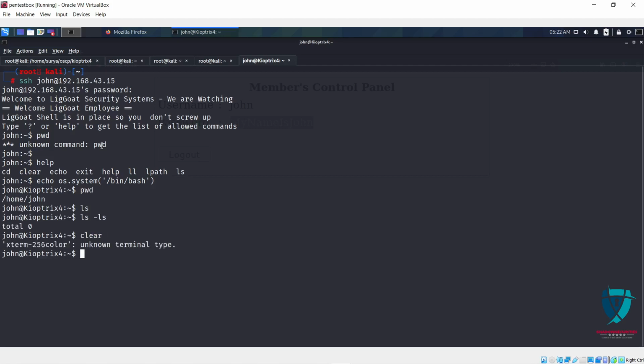So here our main aim is to become root in the machine, as in the OSCP, the main aim is not collecting the flags. Actually we want to become root, and we have to write a report on how we exploited and bypassed to get root in the machine. So right now I'm going to enter whoami, and I am John, and in this case I'm going to enter sudo -l.